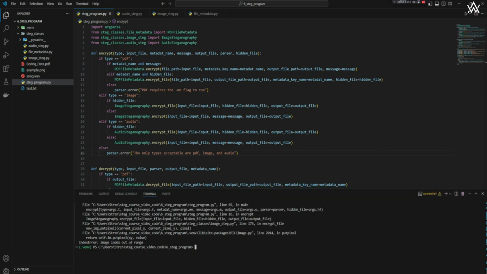So let's actually see if we can encode boring_data.pdf into our audio. So let's do Python, steg program. Let's do encrypt. Our type is going to be audio. And then our input file is going to be